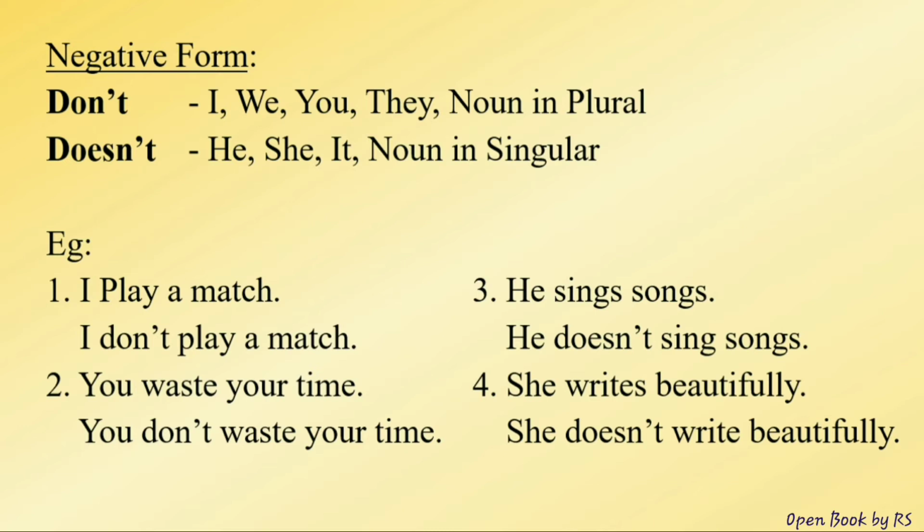So here you should observe one more thing. With does, we should use only the first form without s. She does not sing is right. She does not sings is wrong. Next example. She writes beautifully. She does not write beautifully. So does not write is the correct form. Does not writes is not necessary. We don't use extra s here with the negative form because does is there.